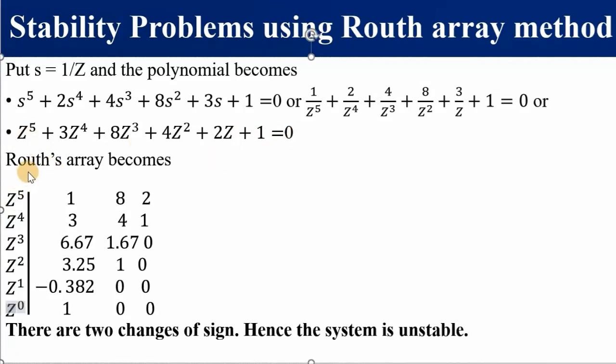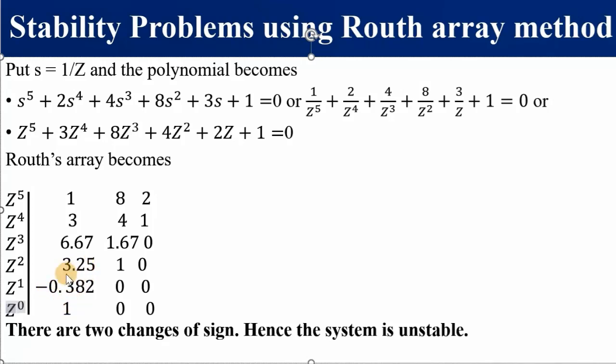After forming a Routh-Hurwitz array, this time in terms of z, you will see 1, 8, and 2, A1, 3, 4, and 1. Then we are now going to find C1, D1, E1, etc. So this is going to be 6.67. You can prove this. C2 is going to be this. Then our D1 is 3.25, our E1 is minus 0.382. Take note there's a change of sign there,